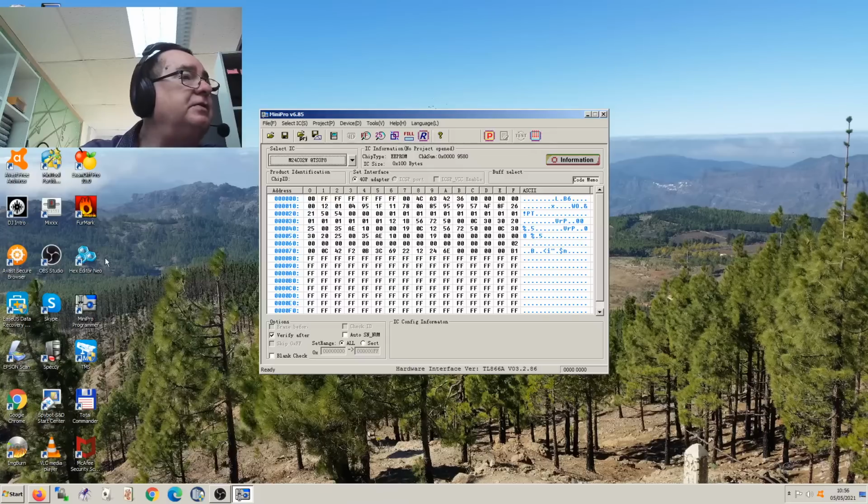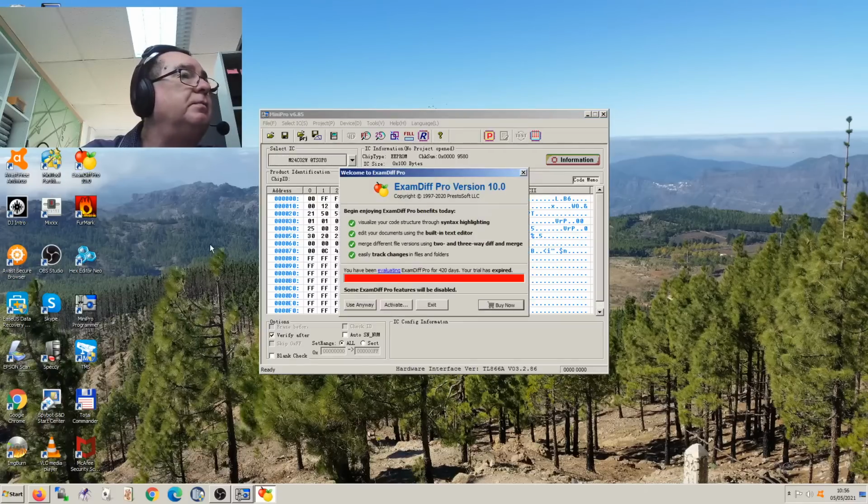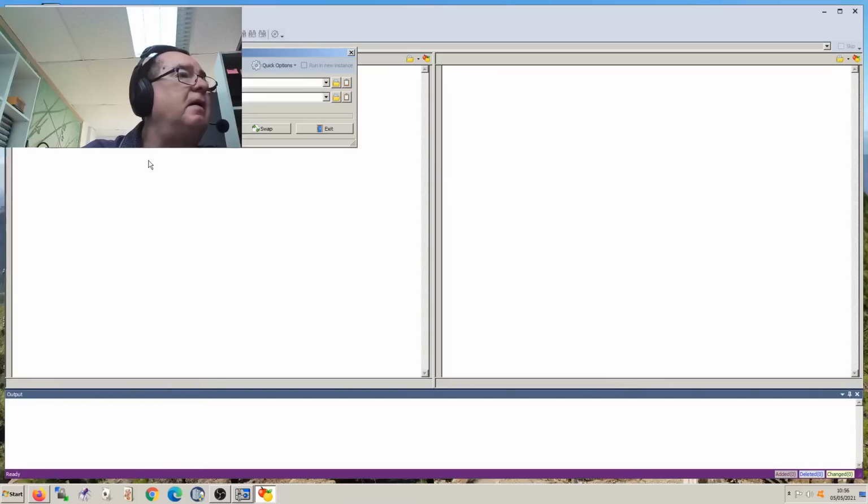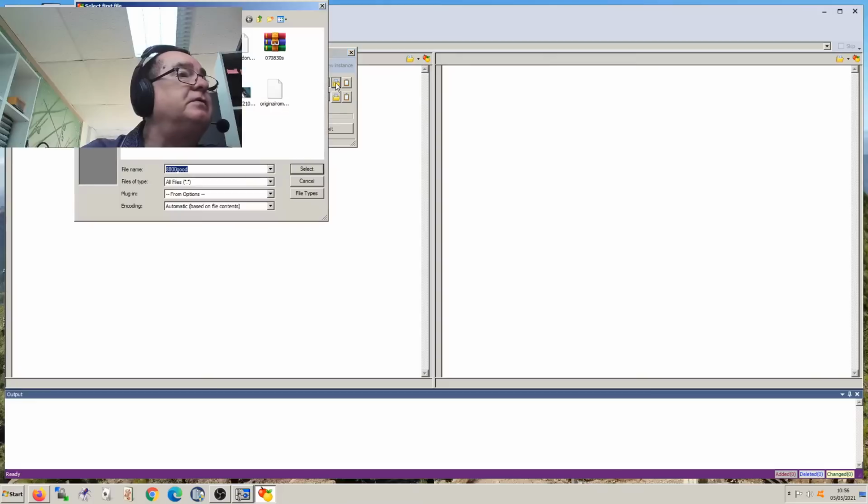Let's see if they're actually the same. So I've got this Exam Diff Pro. I think this is the one that probably complains it's not licensed and then lets me use it anyway. I use this so rarely. Perhaps if I used it a lot, I should be paying for it. Now, I accept you pay for tools if you want to use them, but I use this quite rarely. Okay, so